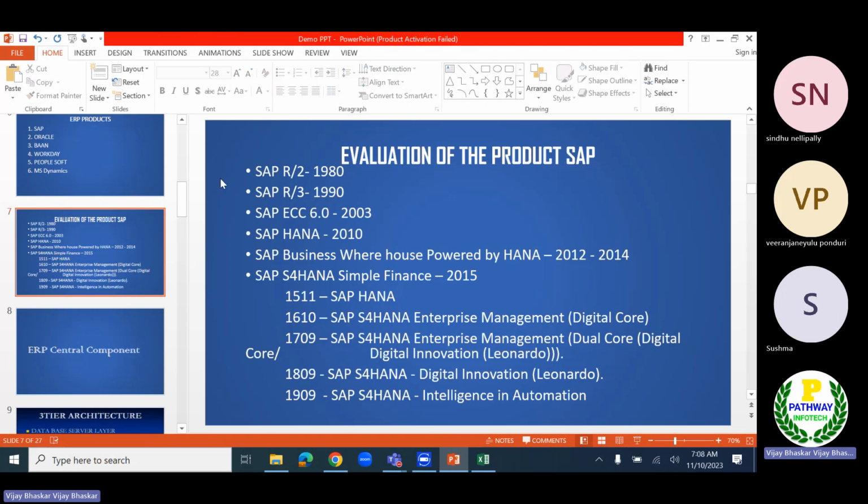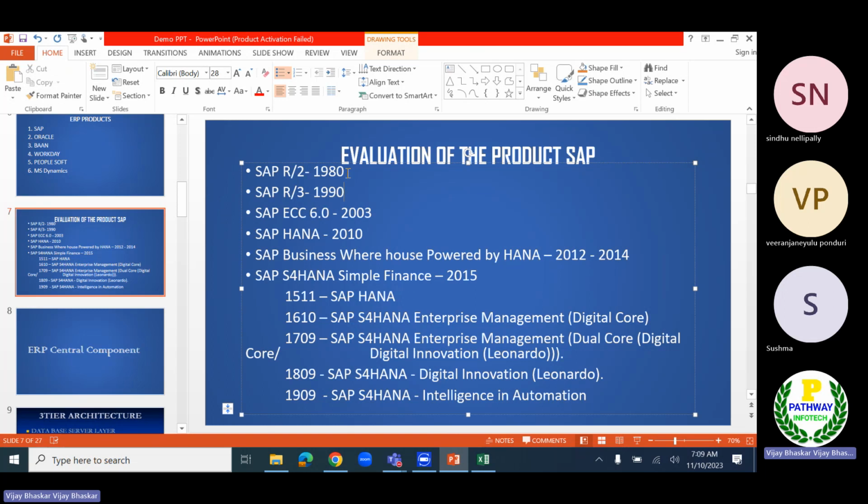SAP is German-based software, developed by SAP AG. The company is like Tata Motors manufacturing Tata vehicles. Let us assume the similar way, SAP has been developed by SAP AG. The company SAP AG is located in Germany, with its headquarters in Walldorf, Germany.